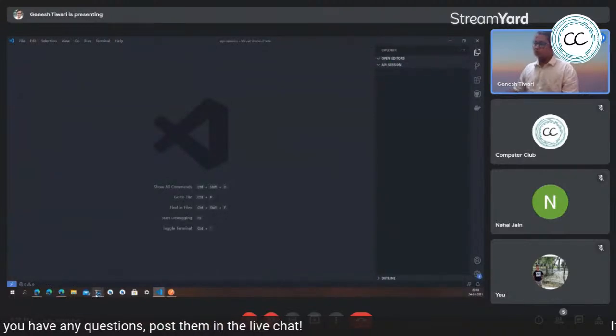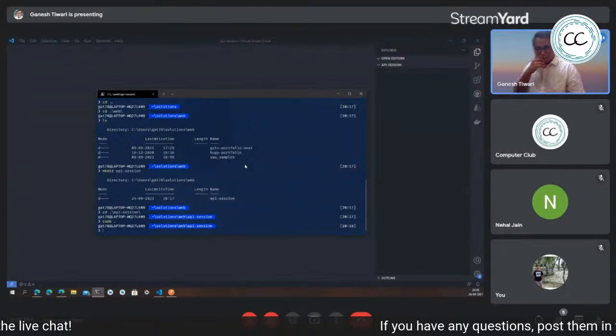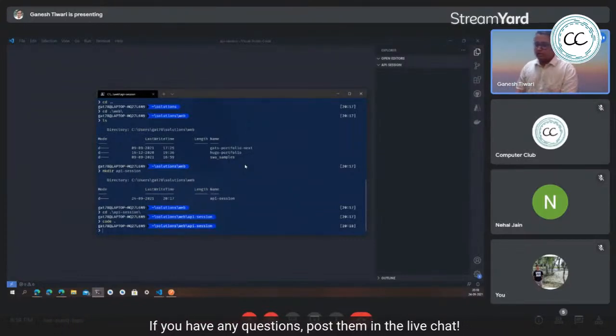When you open up this folder, you can see that it is empty. For every Node.js application, you need to create a package.json, and you can create that with